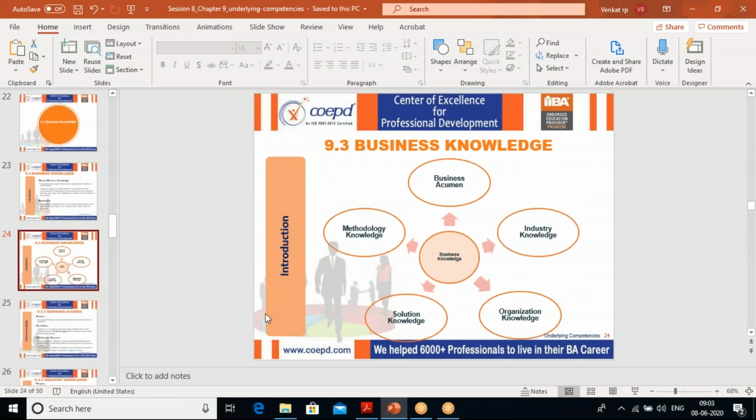Okay, and if you look into this business knowledge, we have to know about business acumen, that is the terminology, and the industry knowledge, then the organization knowledge, then the solution knowledge, and then the methodology knowledge. So these 5 areas we should have an understanding of. One is the business acumen. The business acumen means